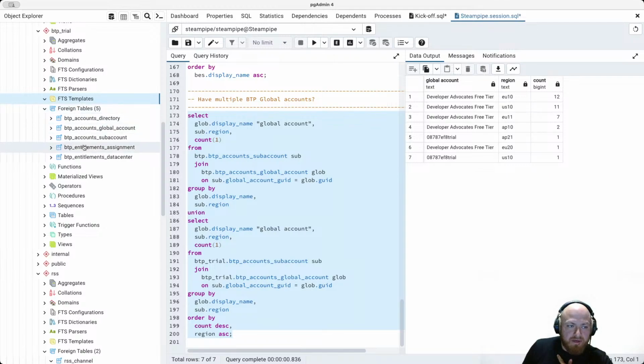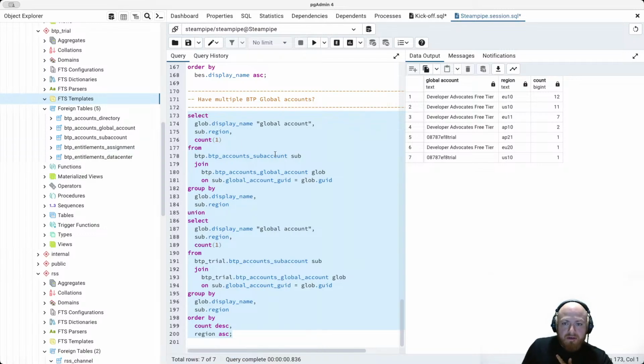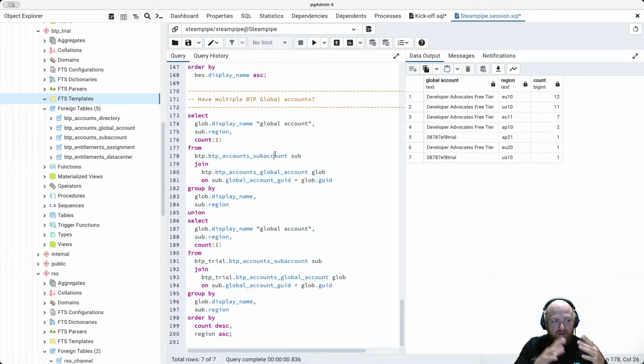So foreign tables is where all the data that I've basically done in the plugin is available. Okay. Cool. So that's that. So you can see how we are using SQL in order to interact with that BTP account data, right? Very powerful, if you ask me. So let's go back to basically what I was showing you